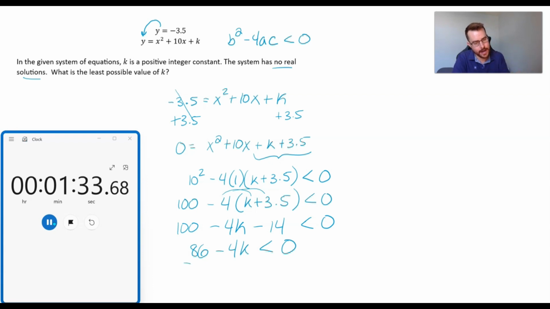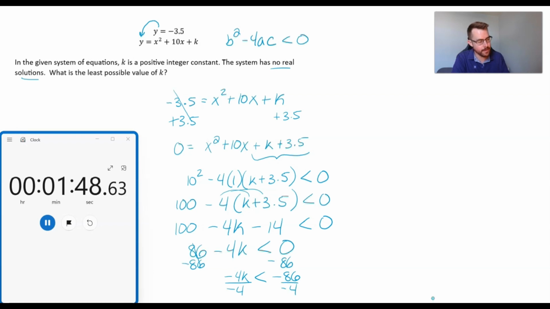So I would subtract that 86 to the other side. We get that negative 4k is less than negative 86. And then we're going to divide by negative 4 here. Now also when you divide by a negative, the sign is going to flip there. So we're going to say that k then has to be greater than or equal to